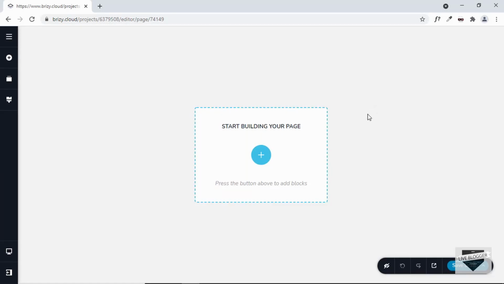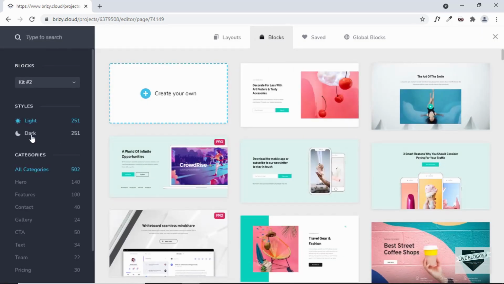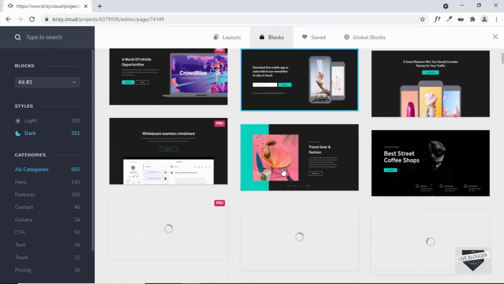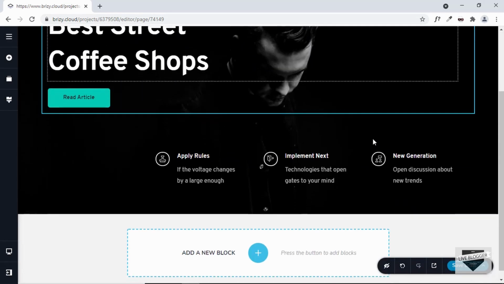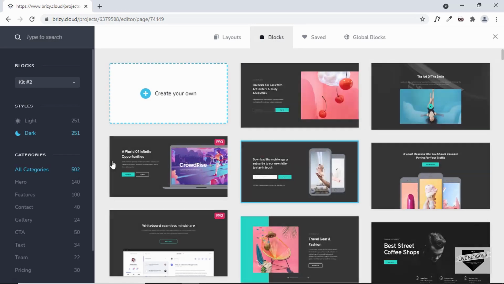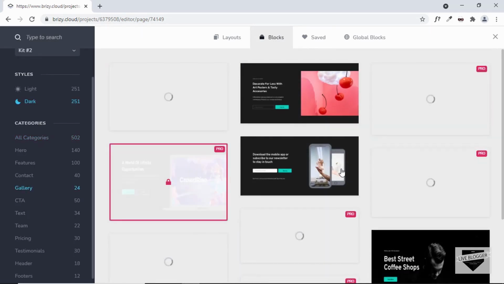And here we can see the same UI that we had for the page builder on our WordPress website. So if you have watched my previous video, you will be familiar with this UI. Now I'll just quickly add some blocks. So let's click on plus, and let's add a dark theme, and let's select this one right here, and let's add a couple more blocks. So I'll add some gallery,